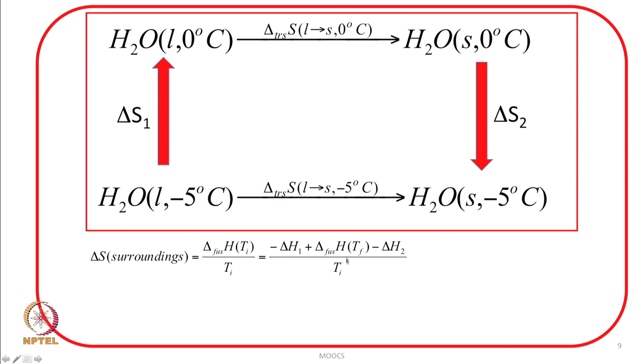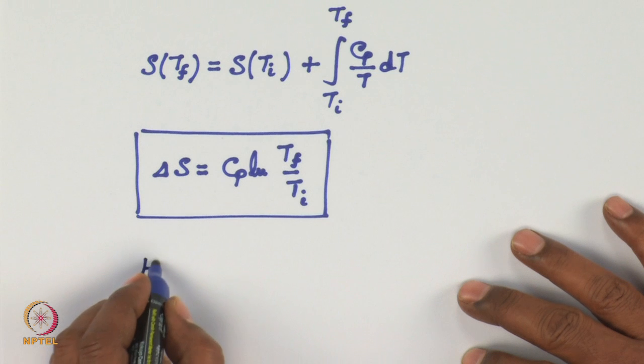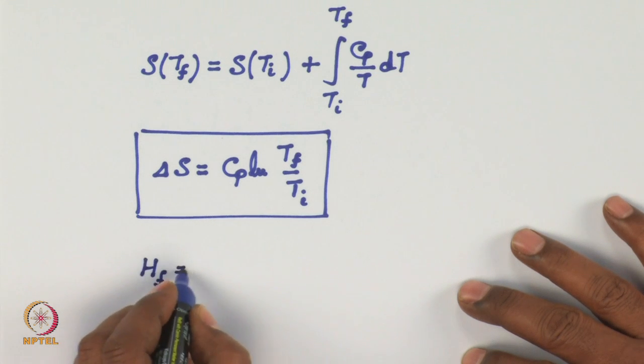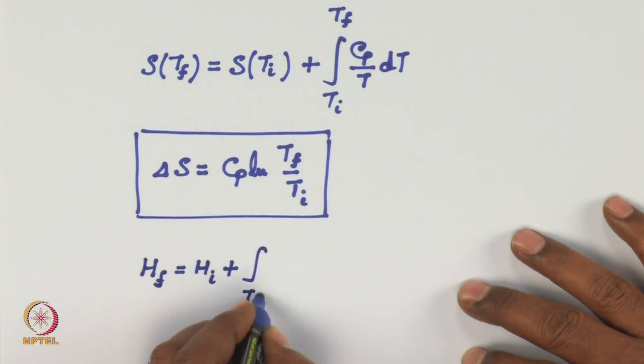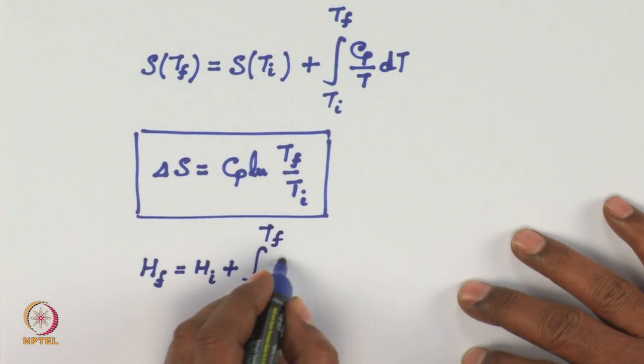So, we will put the positive number over here, and for this, the negative of the enthalpy change for solid at 0 degree to minus 5 degree. And here we will make use of this expression, that enthalpy Hf is equal to Hi plus integration Ti to Tf Cp dT,